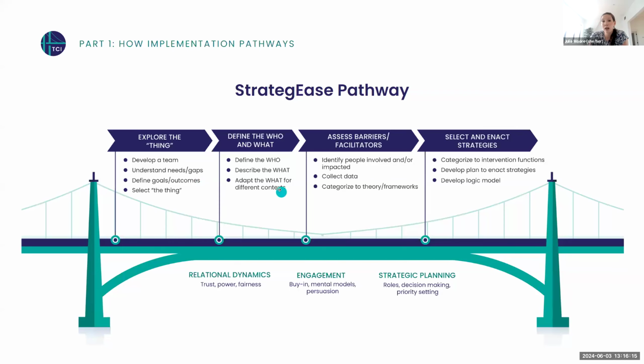Once we define or describe the thing we're going to implement, maybe it's a program or a guideline or a practice, we want to clearly define who is being asked to do something differently and what they are being asked to do. Then we want to think about what people's barriers and facilitators are. So why might they change and why might they not change? So that we can use that information to pick strategies that will support people to change and do those things that we would like them to do. And so we're going to talk today a whole bunch about barriers, facilitators, and strategies and how you can pick those.